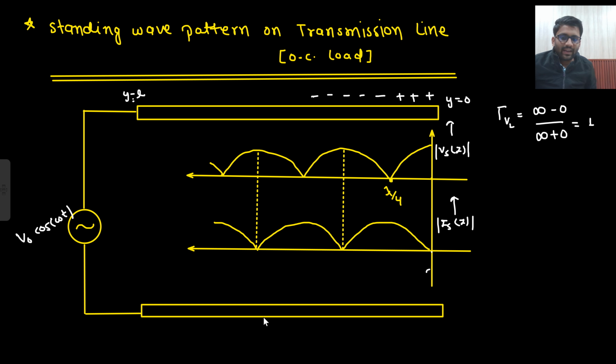Although in the diagram I have shown the magnitude, that every one of them feels like positive voltage, they are not actually all positive. Actually this will go like this, this will go like this. So they are positive, negative, positive, then negative, then again positive, then negative. In that manner it is going. So what I wanted to show here is that